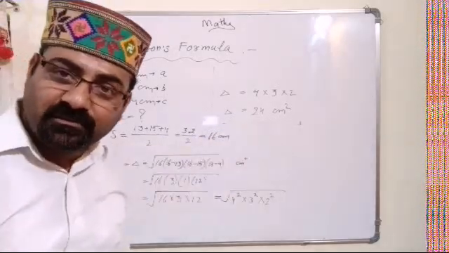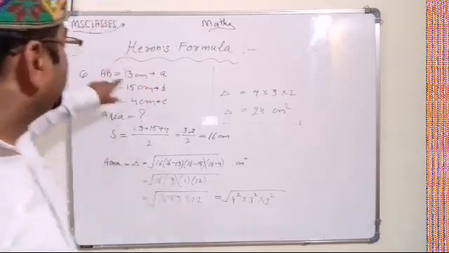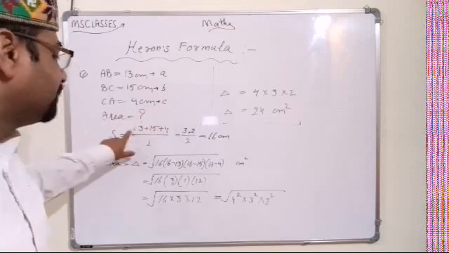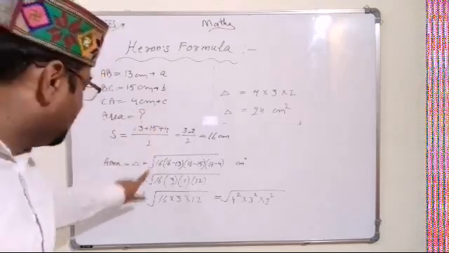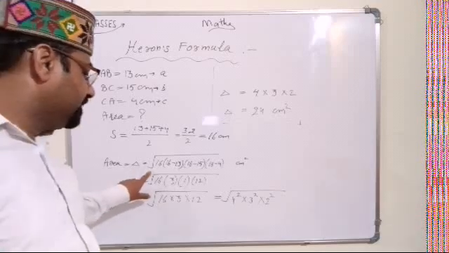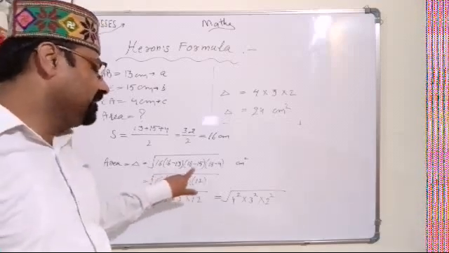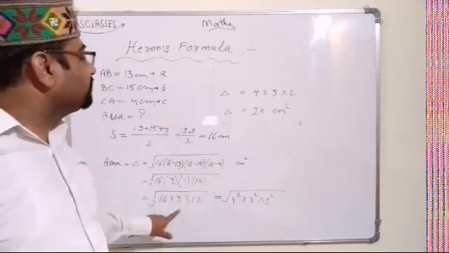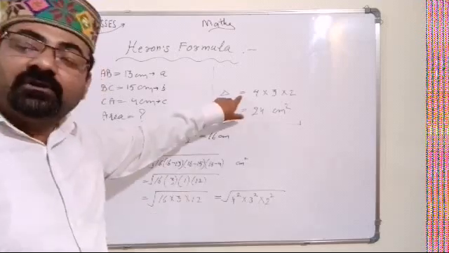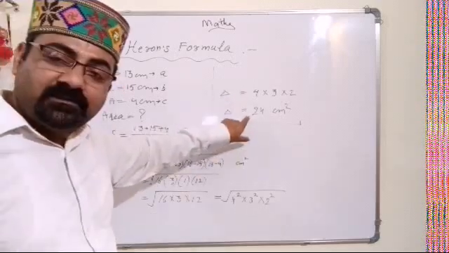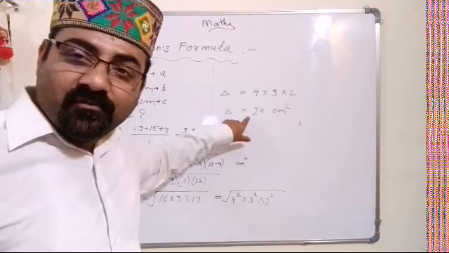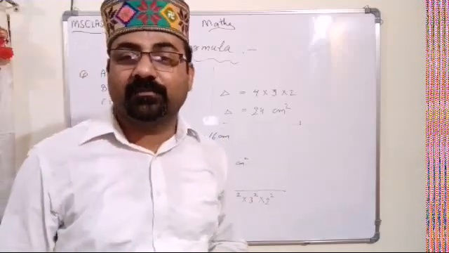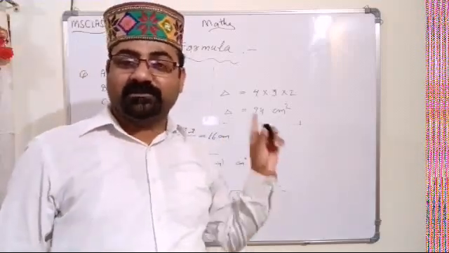So guys, this is a very important question. Once more you see, for the sides of triangle ABC, S is equal to the sum of the 3 sides divided by 2. Then the area of the triangle is the whole square root of S into (S minus a) into (S minus b) into (S minus c). After taking 2 or 3 steps, you reach the result. This is a very important formula for class 7th and 8th, right? So I hope you have understood the topic, and try to solve this type of question at your home.